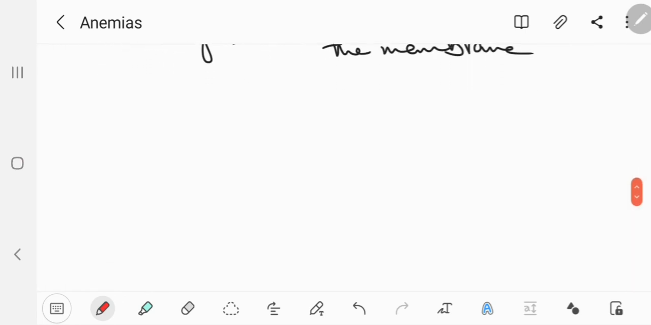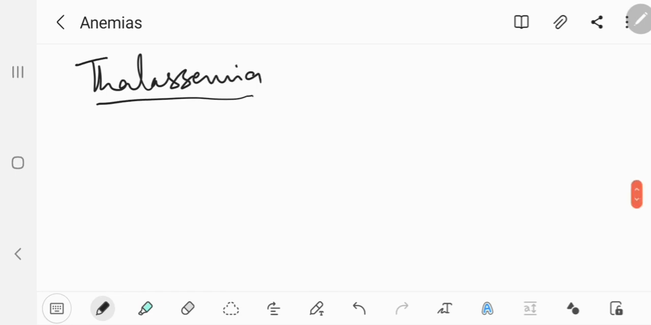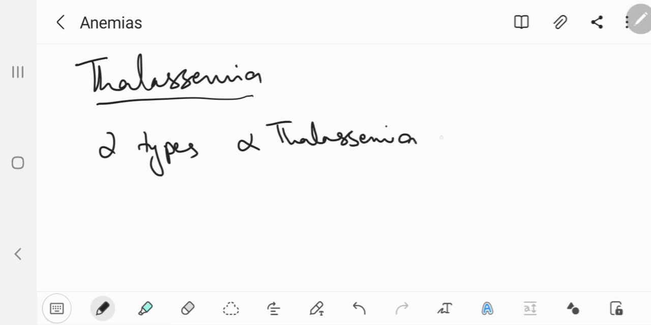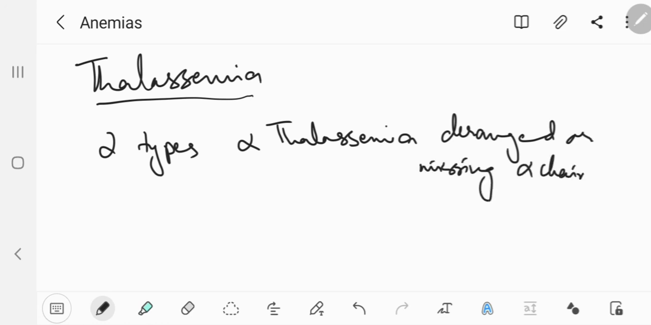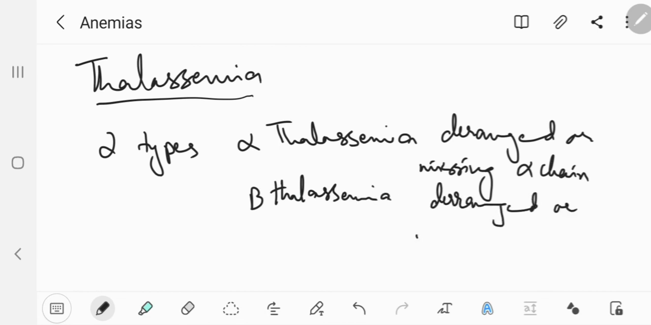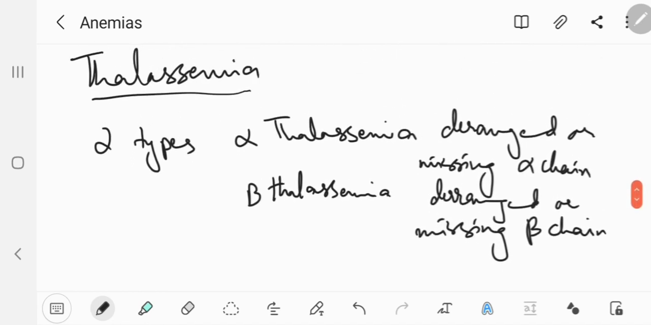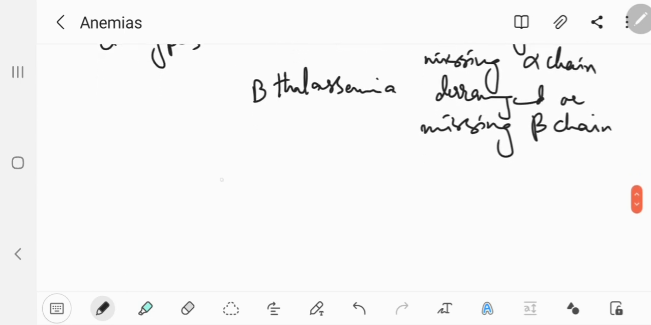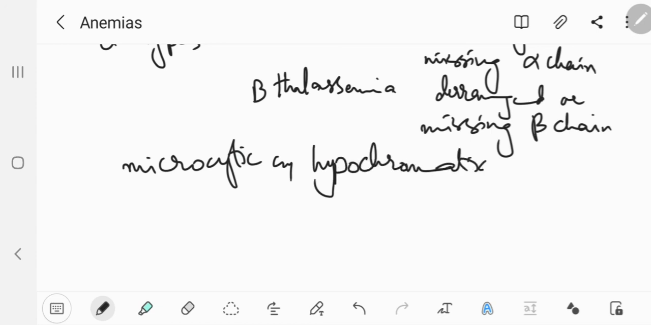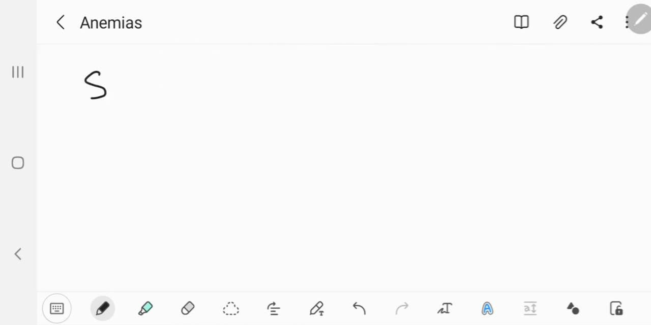Now let's discuss thalassemia. Thalassemia is of two types. It can be alpha thalassemia, which is due to derangement, deficiency, or missing of the alpha chain, and then there is beta thalassemia, which is very common, and it is again due to derangement, missing, or dysfunction of the beta chain. Thalassemia is very common in South Asian ethnicity. This type of thalassemia presents with microcytic and hypochromic